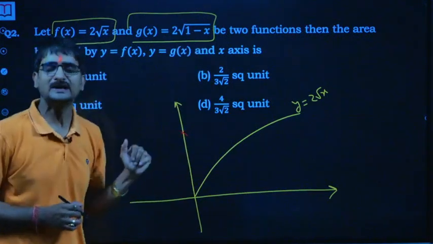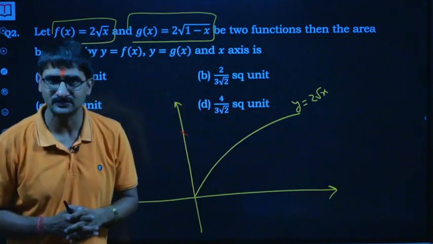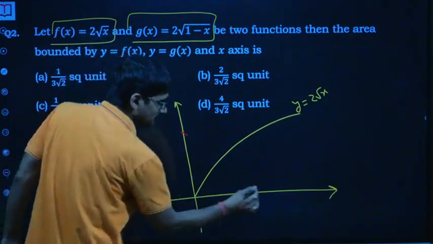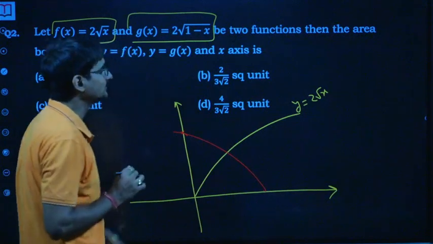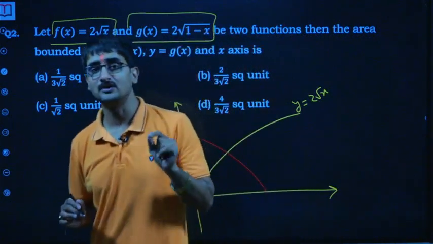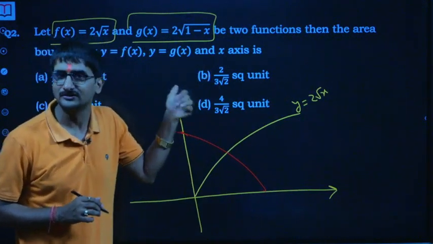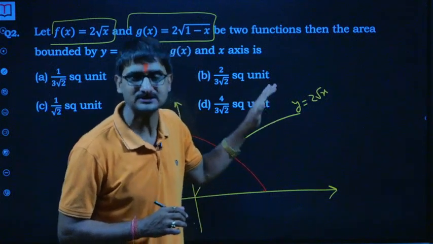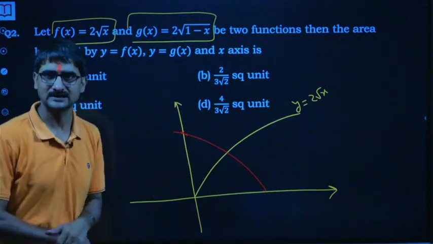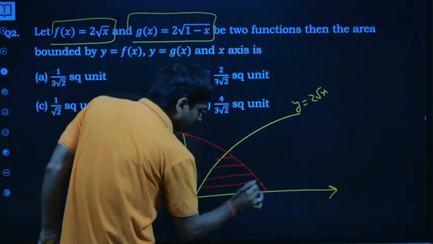And at x equal to 1, what is the domain condition of this function g of x? The domain condition is that x should be less than or equal to 1. So at x equal to 1, this is 0, and the curve is going to be something like this. One more thing: the square root ensures that the value is always positive. Otherwise, if you square it, you will get a shifted horizontal parabola, but it's not the complete parabola. It's the upper half of the parabola, which lies above the x-axis. That's what the square root tells us. Anyway, that's the bounded region. I think all of you will agree.